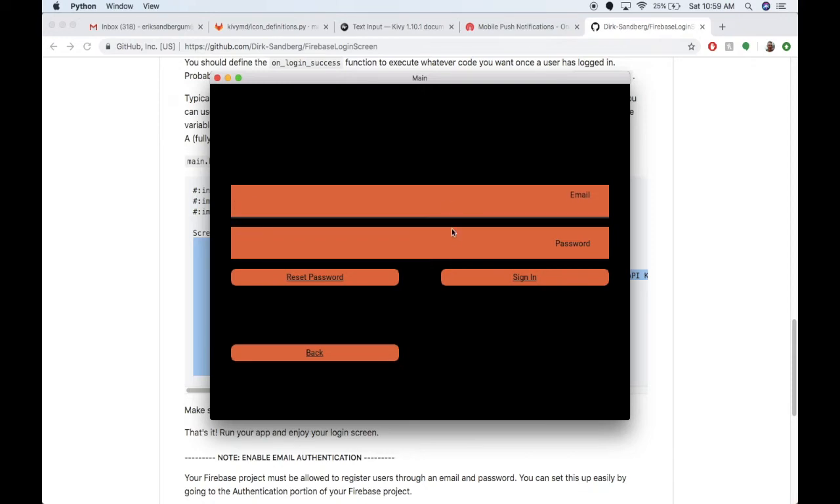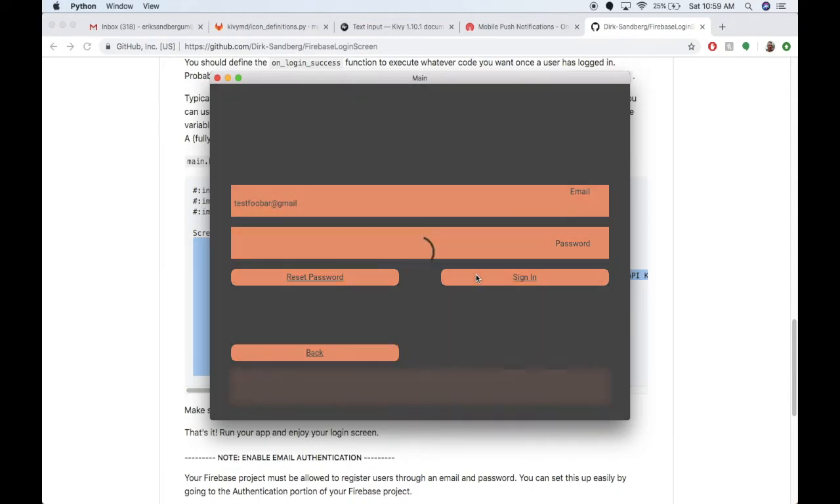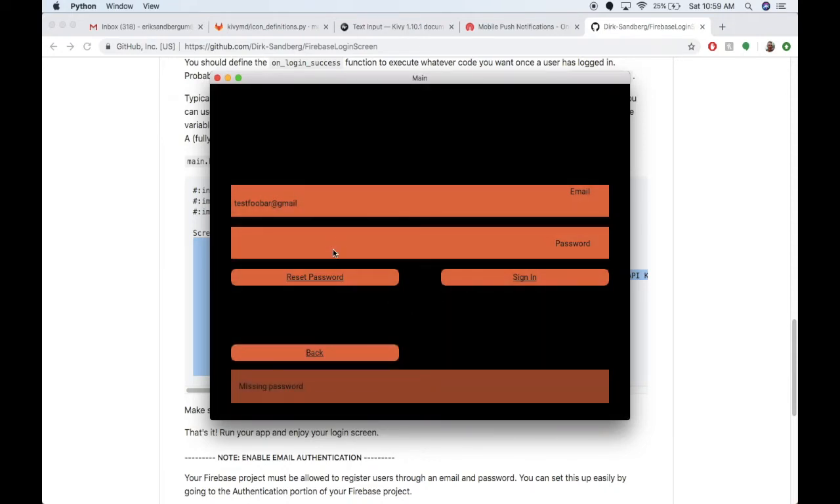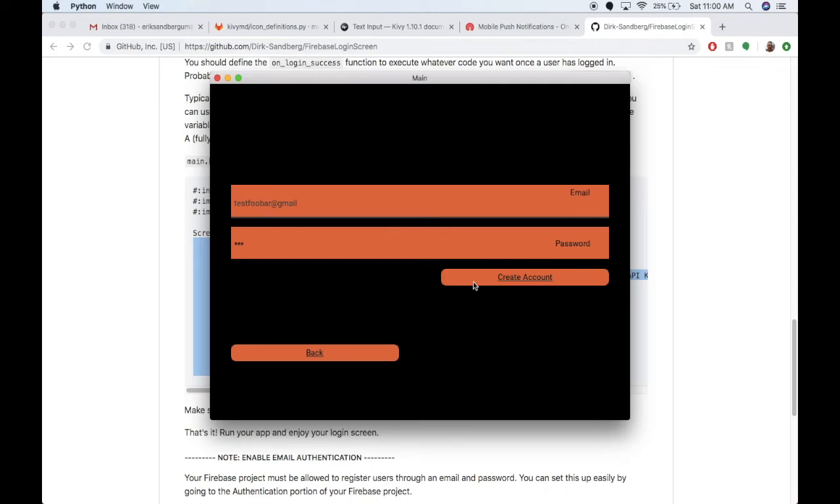I've got email. I've got password. I can try to sign in. Invalid email because I don't have anything in here. If I say test foobar@gmail, and I try to sign in, it'll say, oops, you don't have a password. So let me put in a password, 123, sign in, email not found, so I can sign up rather than sign in. So if I go to sign up, okay, I'll create an account,